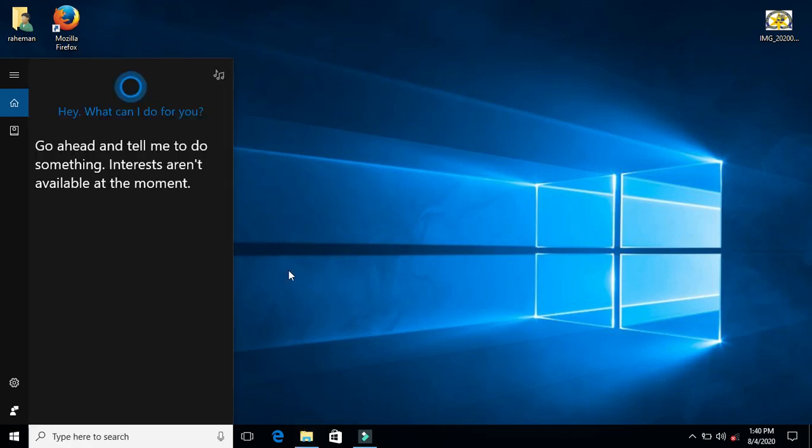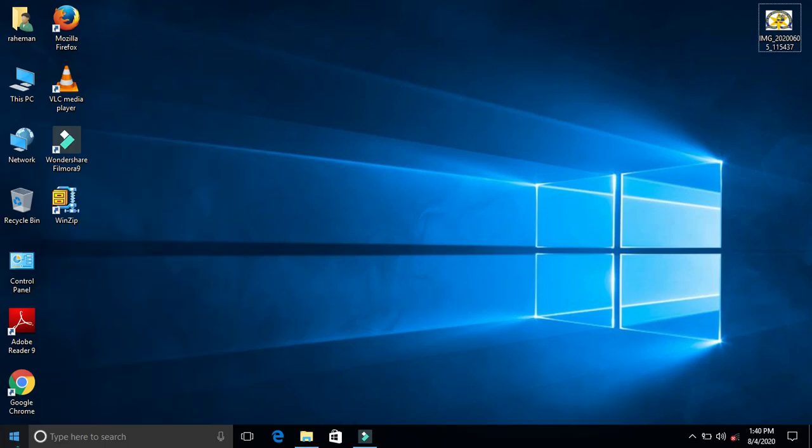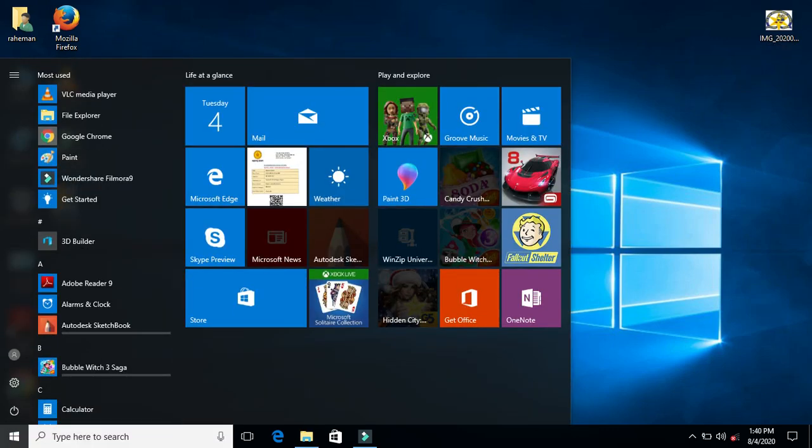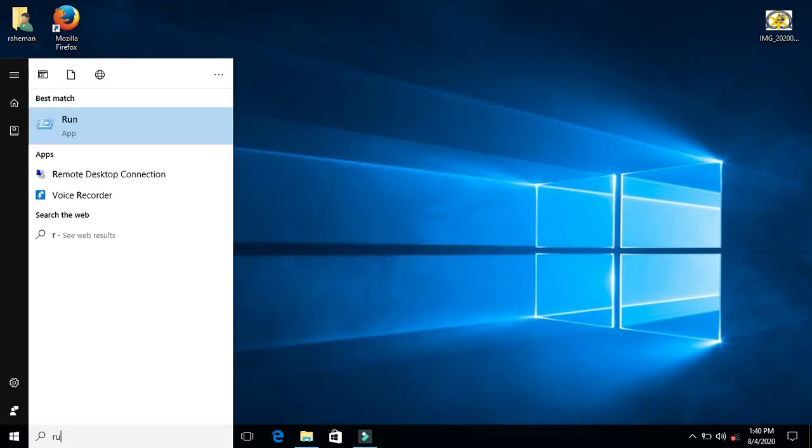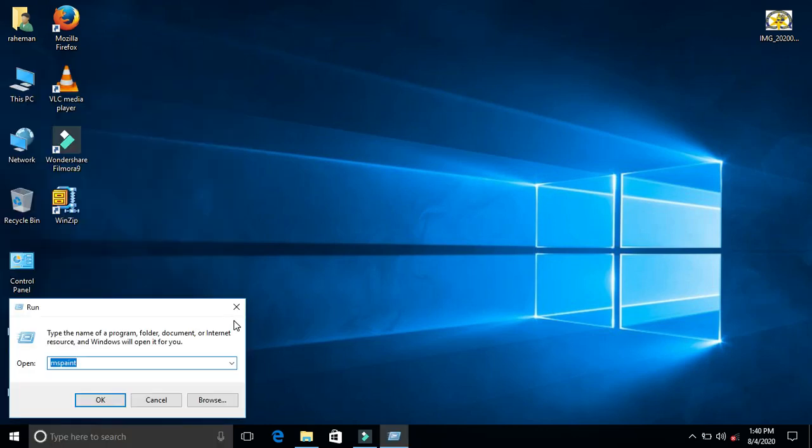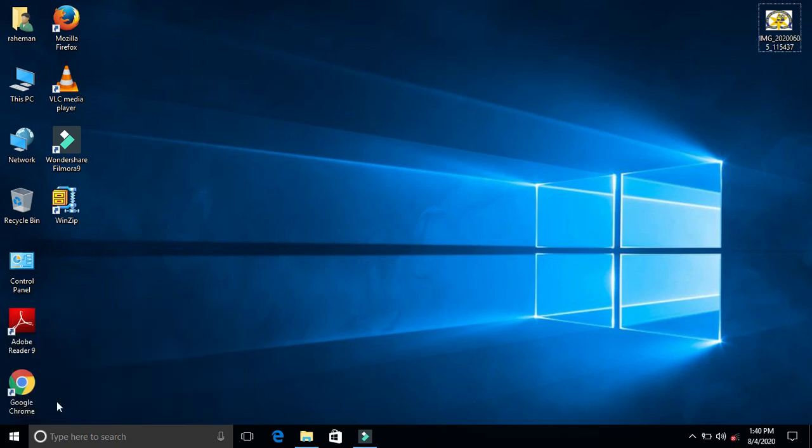Next, you can start the Run app, but this is a little difficult because you need the proper keyword to start an app from here. Clear?